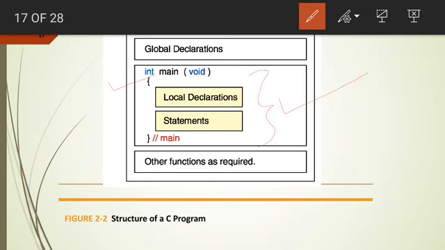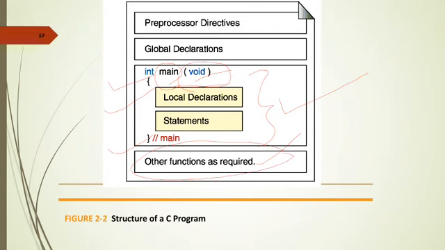Here it has the int. Integer is nothing but the return type used to handle that function. When you enclose this with opening and closing parentheses, then it is a function, and this is the main function of your C program. Your C program's starting point is the main function. Void means it has no return parameters. Other functions, meaning the sub functions other than the main function, will be included in these other functions.